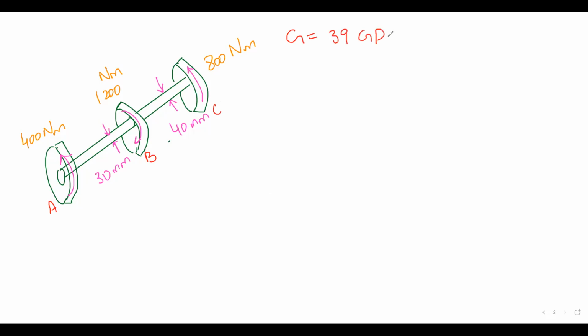G is 39 gigapascals. Why don't you give me the angle of twist between A and B? Give me the angle of twist between A and C. Very nice, thank you. Do it quickly. And trust me, they seem to be easy problems. They are not. The lengths are 1.2 meter